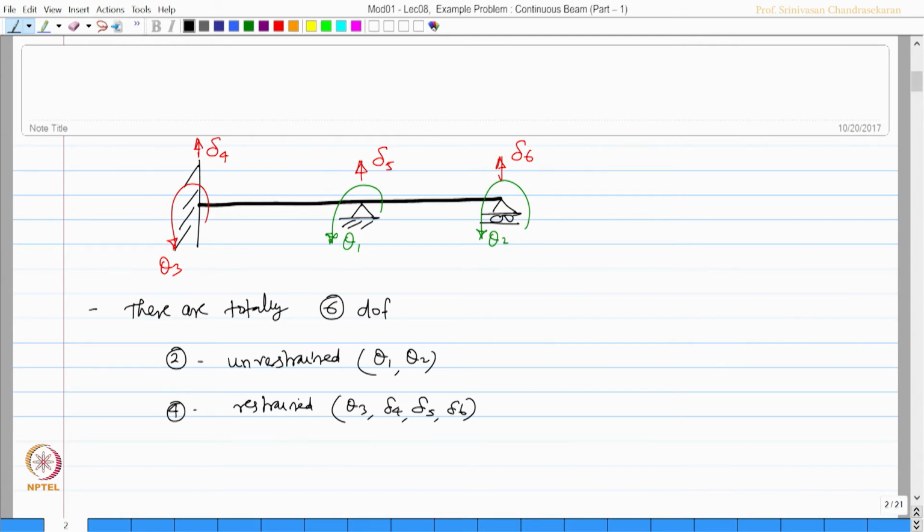So, this also gives me a very clear idea that my unrestrained submatrix KUU will be of size 2 by 2, because there are 2 unrestrained degrees of freedom, and the total stiffness matrix of the member ABC, the complete beam, will be of size 6 by 6. The element stiffness matrix of AB will be of size 4 by 4, and what will be the labels of